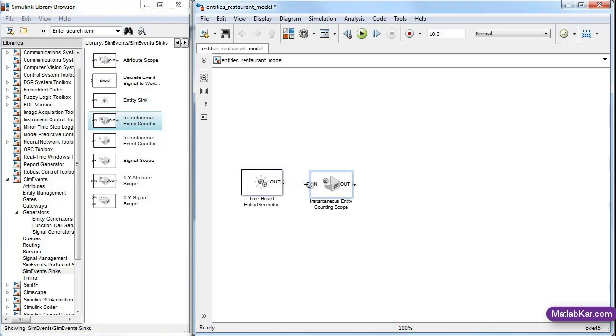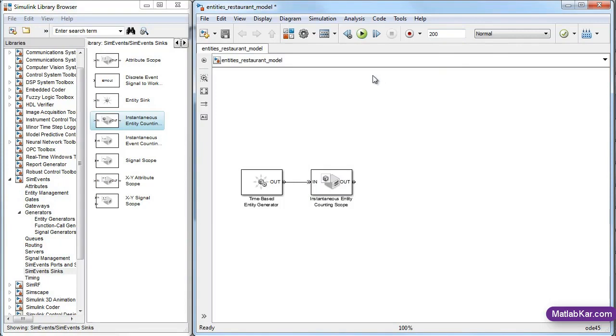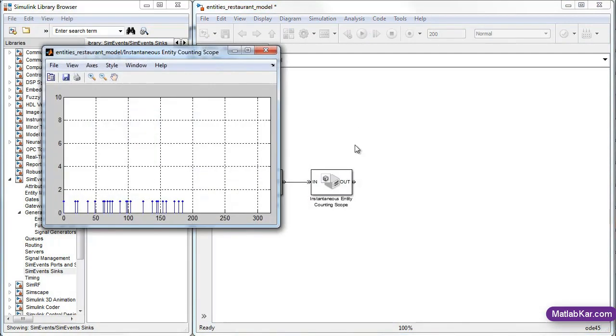I'll increase the simulation time to 200. Running the model, we observe entities being created at different time instances. These time units could represent any unit of time that you are modeling, such as seconds, minutes, hours, or years. In this video, we learned how to introduce entities into a SimEvents